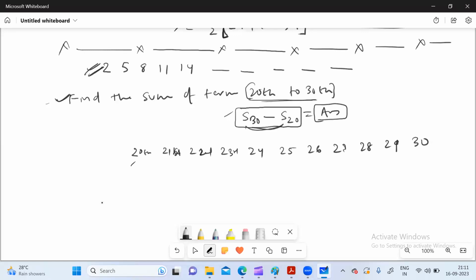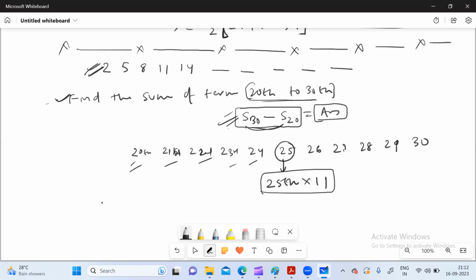And for 11 terms, the average will be the middle term, the 25th term. The 25th term will be the average. And the average times the number of terms is the sum of the series for an arithmetic series. So now I will multiply the 25th term by 11 to find the sum. So the use of the formula here, which you could have done 2 times to find the difference,